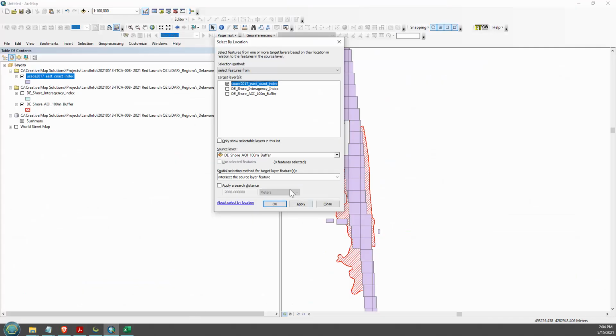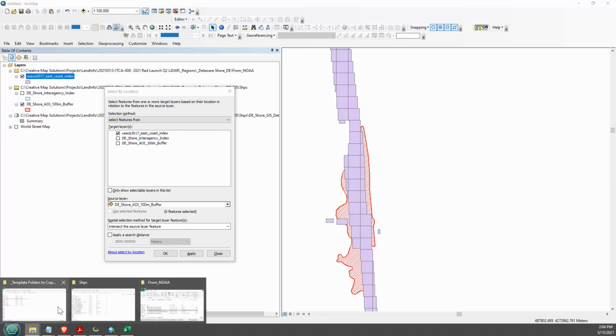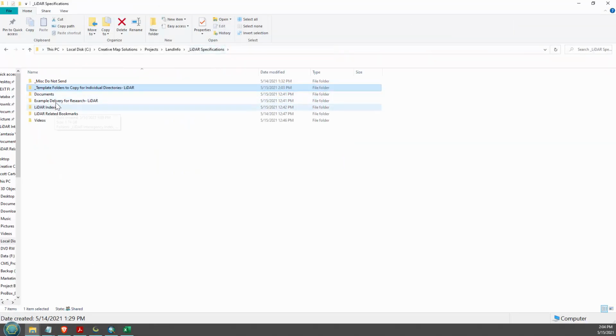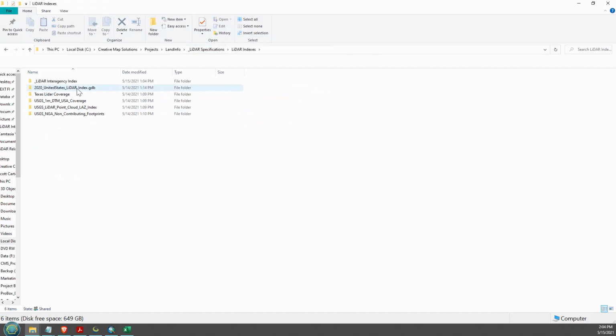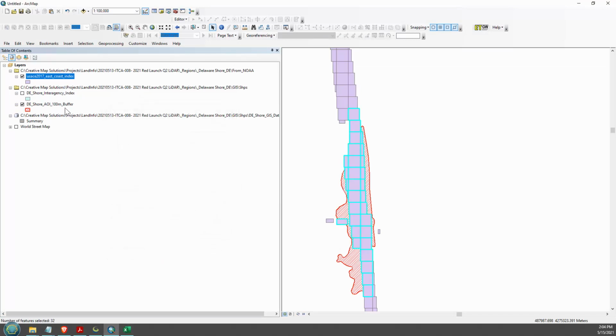One thing to notice too, I'm just doing this to show you how I grab data from NOAA, but anything pre-2020, the NOAA indexes are actually all in the folder with the LiDAR indexes. So this 2020, the NOAA coverages should be in there. So you could actually use this particular file geodatabase. Now that I know that the only thing available based off of that interagency index,